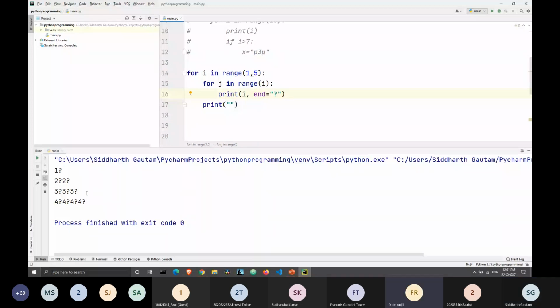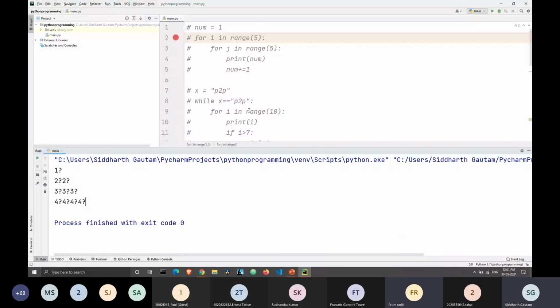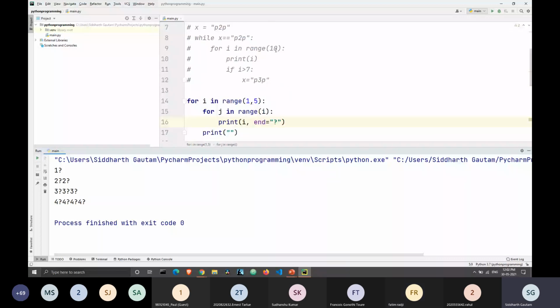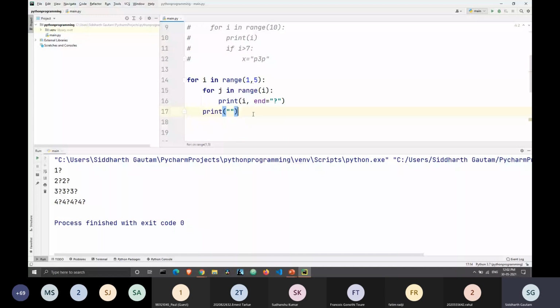Sir, I have a question. The range was from 1 to 5, and when you print, it prints from 1 to 4. I don't understand. Okay. Do you remember when we were executing for i in range 10? What was happening there? It was going from 0 to 9. In any programming language, we start counting from 0.